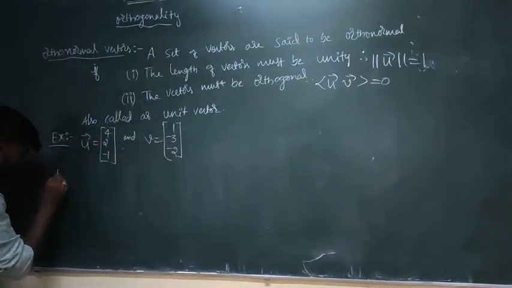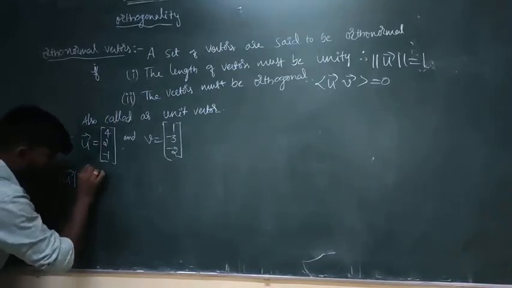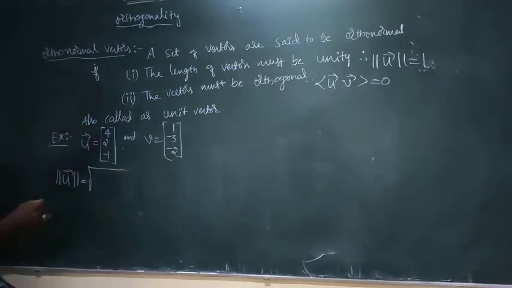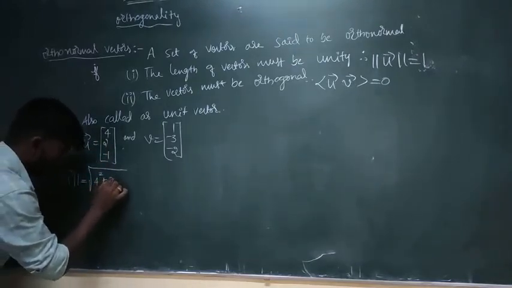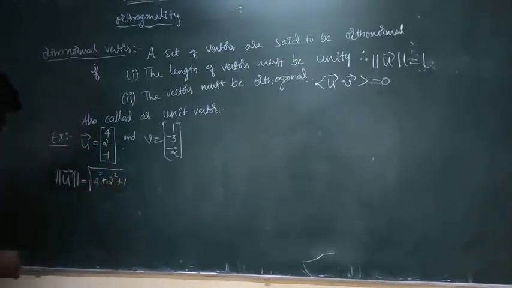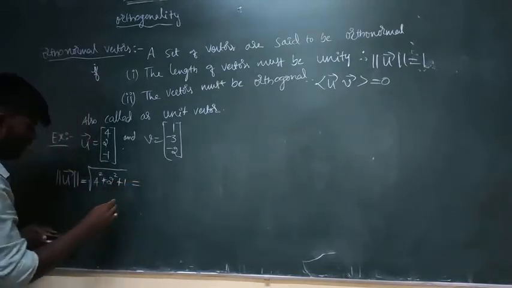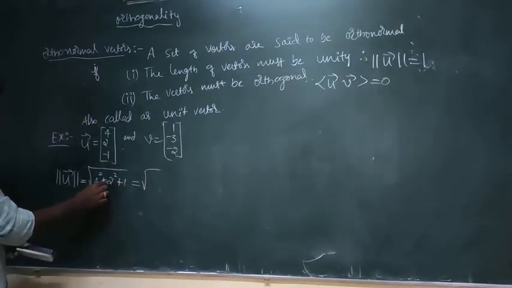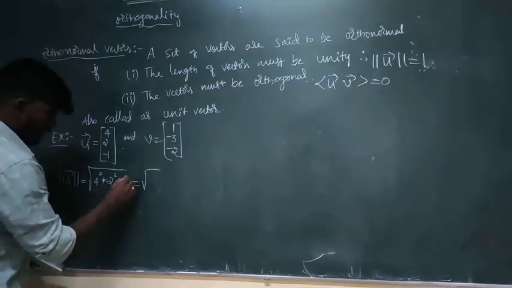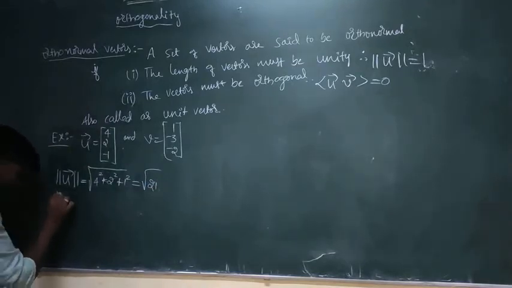The length of vector U is the norm of U, which equals the root of the sum of squares of each element: 4 square plus 2 square plus (-1) square, which equals root of 16 plus 4 plus 1, that is 21. And the length